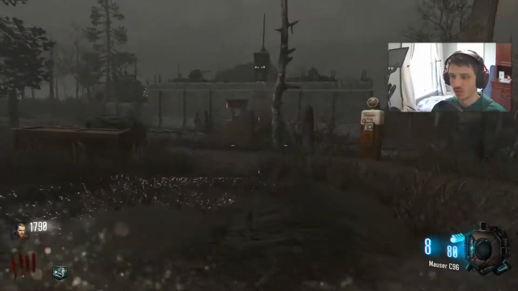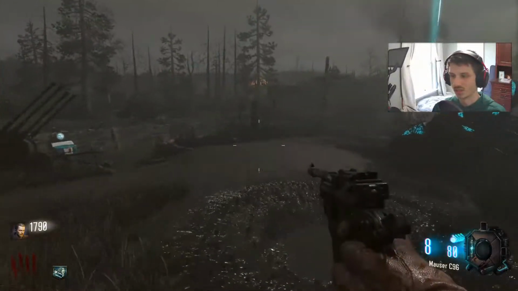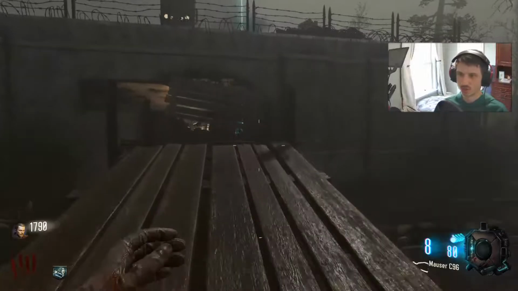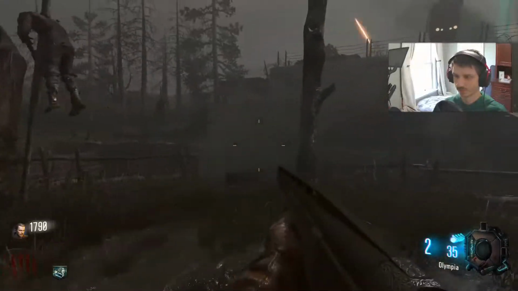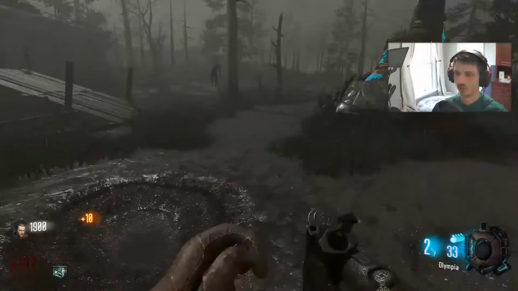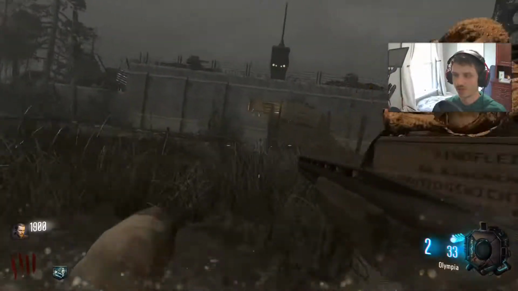I might look and see what that other wall buy was. Is it over here? Yeah, I'll stick with the Olympia for now. It's not worth switching. I'll get through this door. Maybe hit the box. We'll see. So brutal. I'll have to Pack-a-Punch too. I wonder if he has the